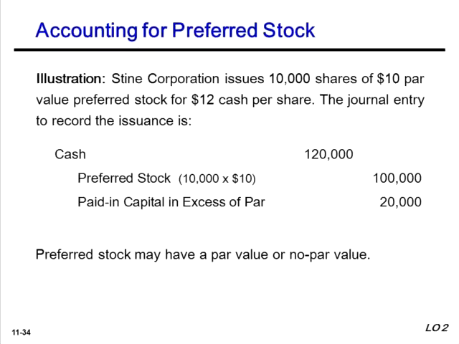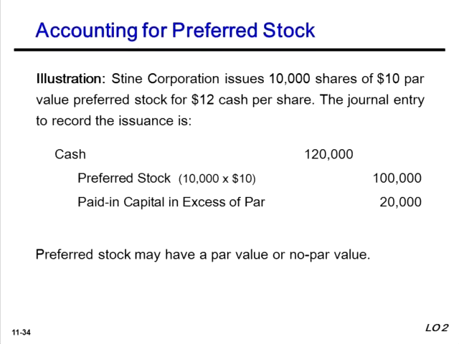So we're taking the 10,000 shares and multiplying by $12 per share. We credit preferred stock for the par value. So we're taking the 10,000 shares and multiplying by the par value per share of $10. So we have a credit to preferred stock of $100,000, and the excess is credited to paid-in capital in excess